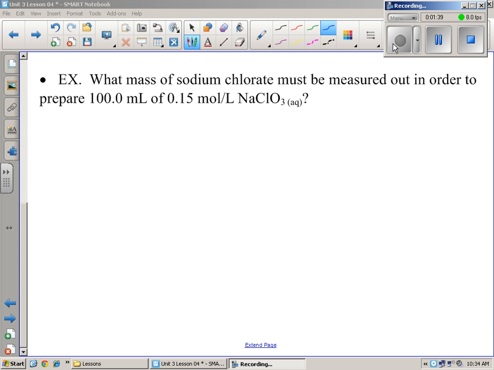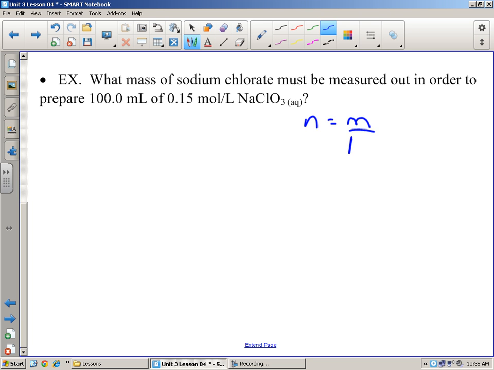Okay, so once again, we want to find the mass of sodium chlorate. We know the formula for sodium chlorate, it's up there. If not, make sure you're able to get that formula. Sodium's 1 plus, chlorate's a 1 minus, so swap and drop. Well, what do we need here? If we want to look for the mass, then I need to know n and big M. If I wanted to find the mass of sodium chlorate, I need to know the moles, which I don't know right now. I need to know the molar mass, which I think is 106.44